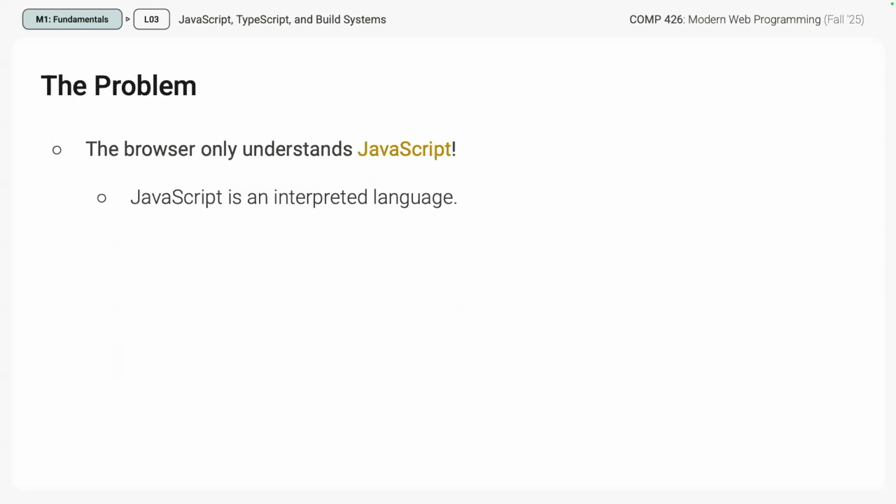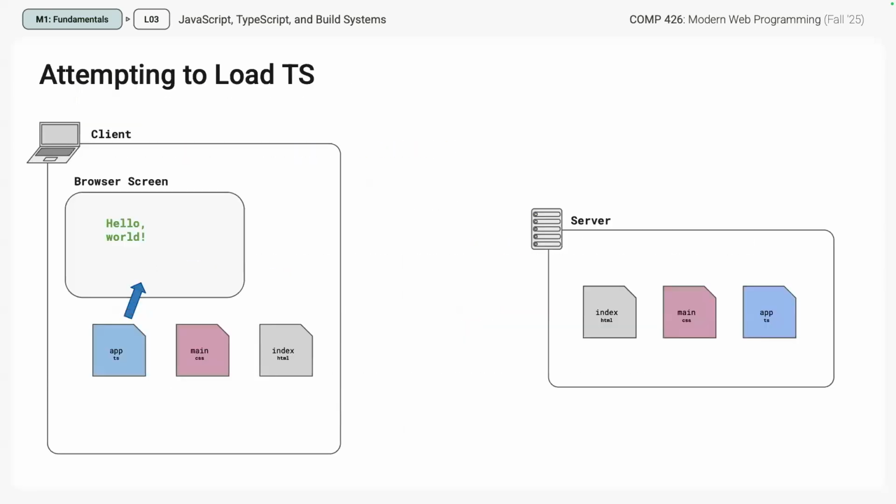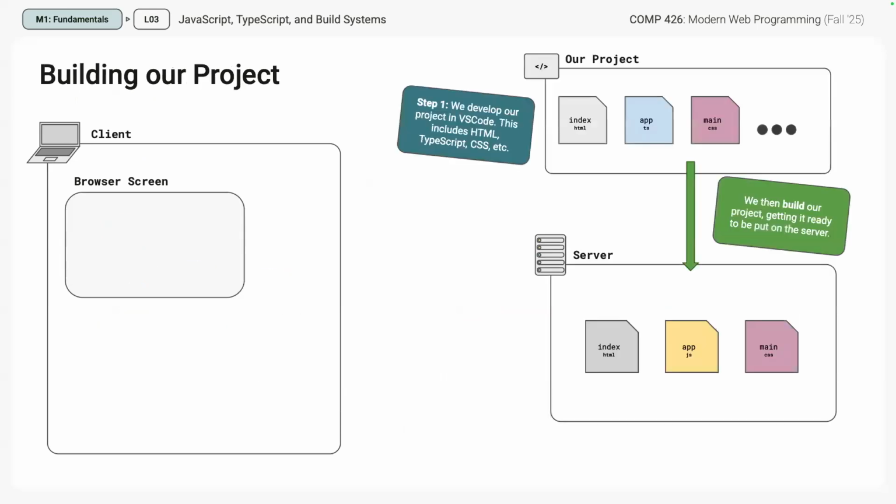So we'll go back to this diagram here. Again, we said that our TypeScript code cannot run in our browser. So ultimately, what happens is we need to translate it to JavaScript. And this happens during the build step. When we say that we're building our project, that is getting our project ready to be put onto a server. So maybe we've developed a new feature, we've added a new page or website,